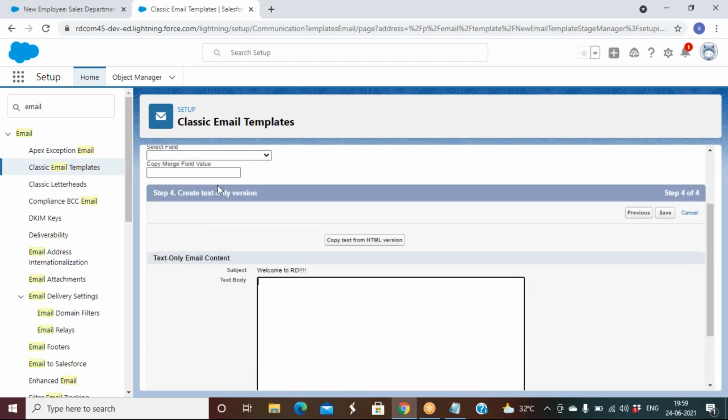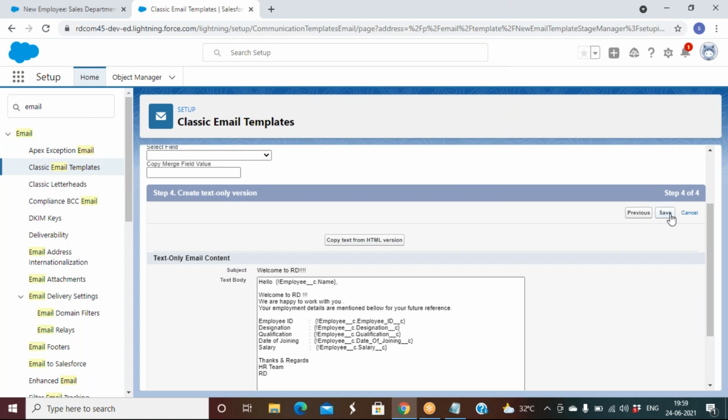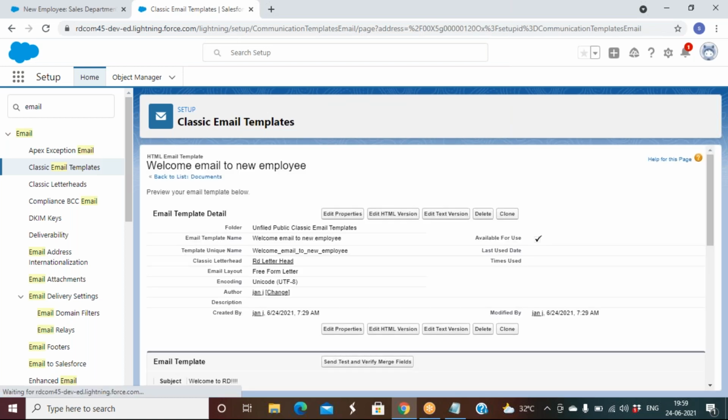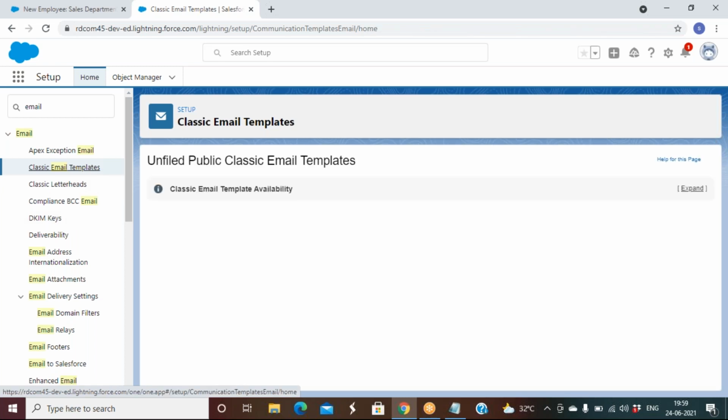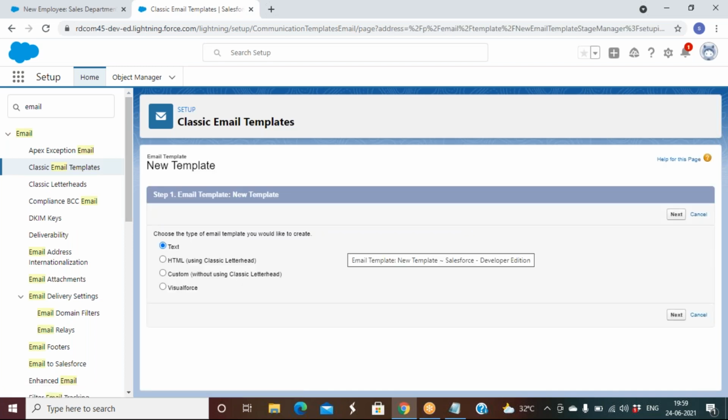It's asking to create a section also. Instead of writing the same thing, what you can do is copy from HTML. Save. Click New Email Template.